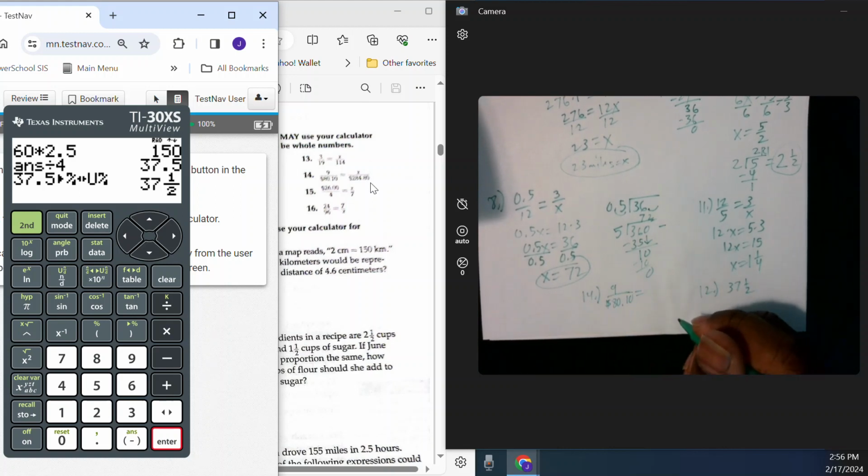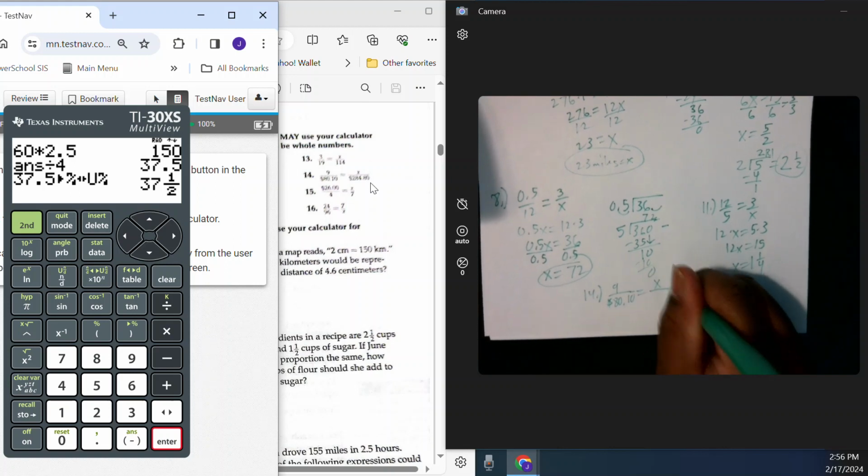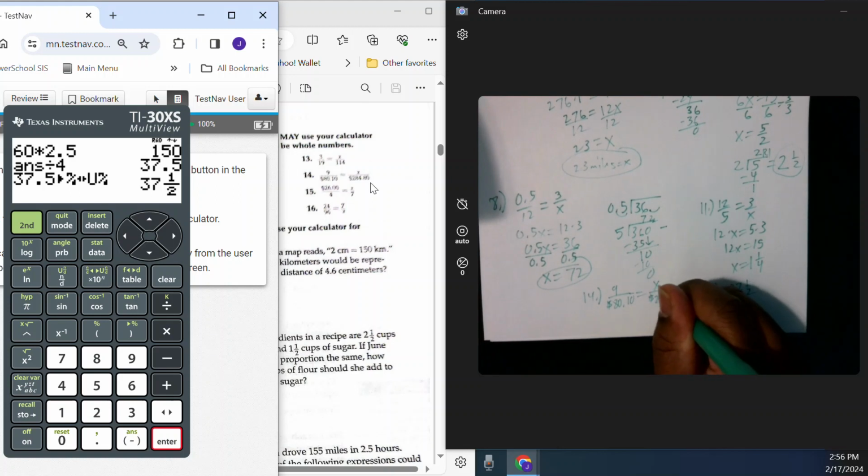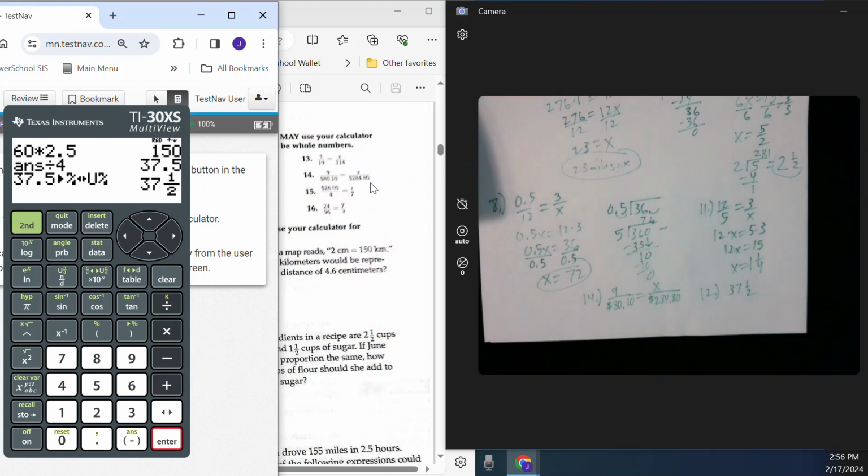And that's equal to x all over $284.80. Okay, so that is what you should have in your book. Now we still do this the exact same way that we did the other problem. We'll multiply the two numbers here, which is 9 times 284.80. And it gives us this